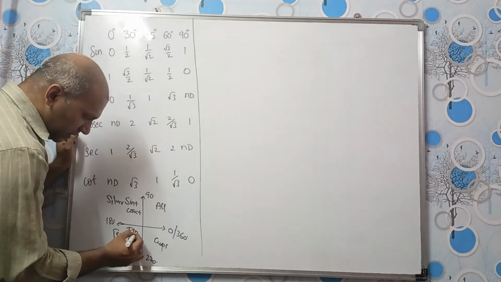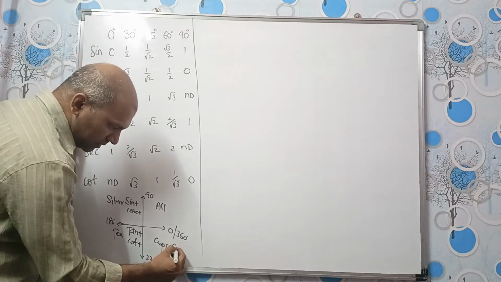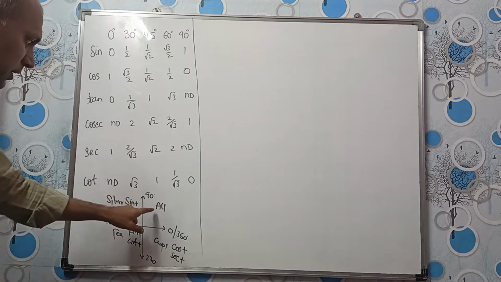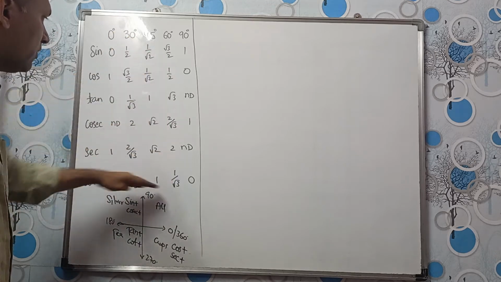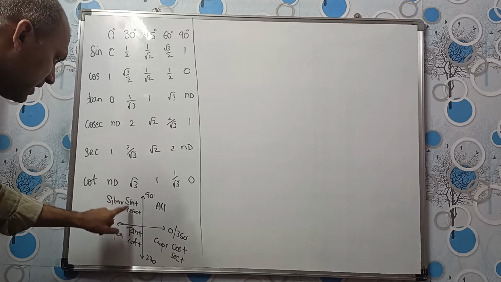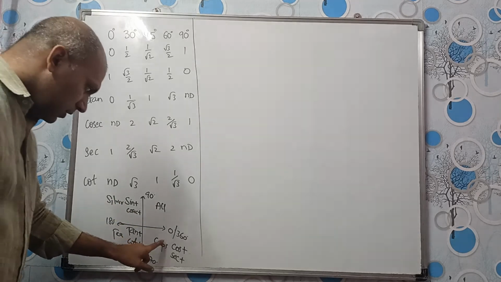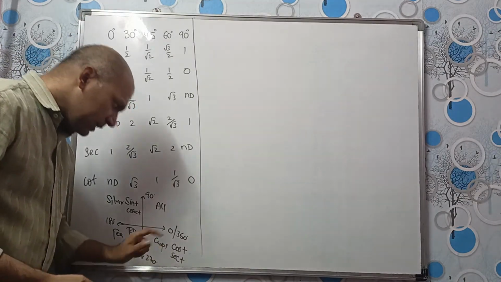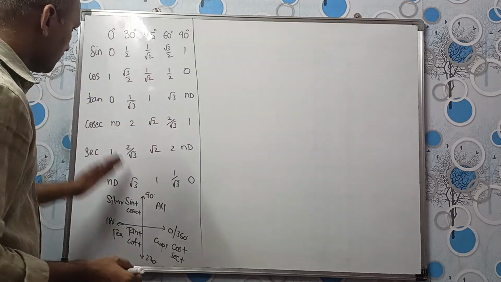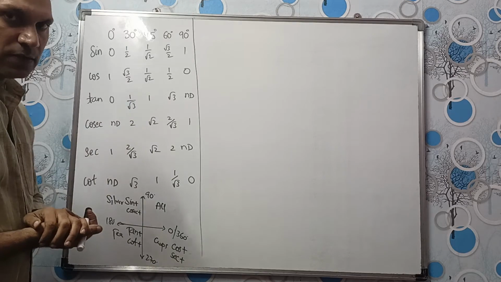So T means tan will be positive, and reciprocal of that, cot, will be positive. Cups means cos will be positive, and reciprocal of that, secant, will be positive, right? In the first quadrant, every ratio is positive. In the second, sine and cosecant are positive. In the third quadrant, tan and cot are positive, right? Whereas in the fourth quadrant, cos and secant are positive. Okay. With this knowledge and with these values, we have studied this in the 10th standard also, right?